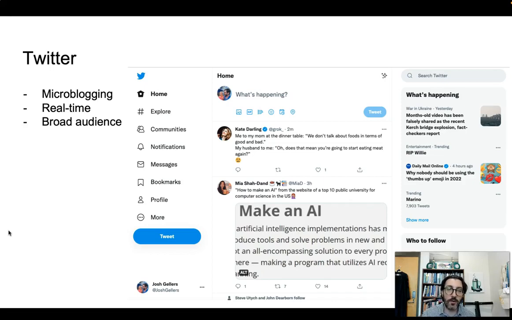Importantly, it is a real-time updating resource, so you will see things instantly upon them being posted here. And it helps you to reach a broad audience, although of course you can also segment your audience by using the communities function, for instance. But in general, think of it as shouting into a big room. People can choose to turn around and listen to you, and other people can be off in the distance listening to someone else. But over time, you can use Twitter to cultivate a following. Again, it's where a lot of academics still interact, so it's a great place to start if you're interested in dipping your toe in the water of the online academic ecosystem.